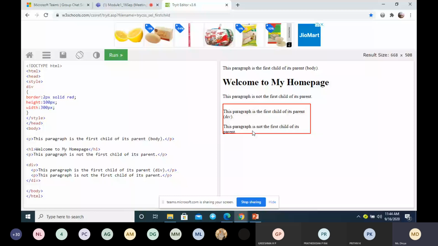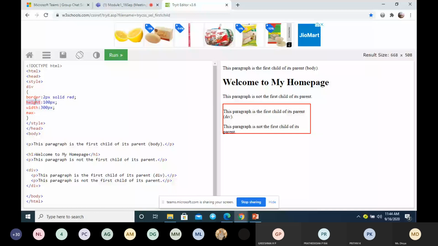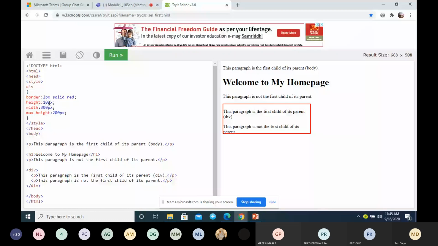You can also specify maximum height. What should be the maximum height? Now you can reduce this.